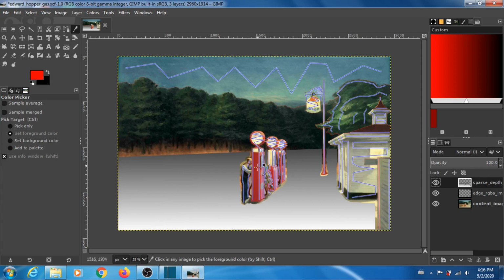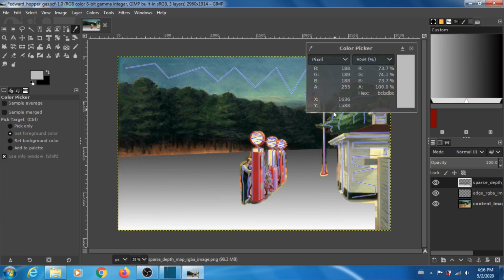I just click right here, poof, and I have the depth here at 188. So whenever I do my Gimp path, I just draw the Gimp path and I name the Gimp path 188,